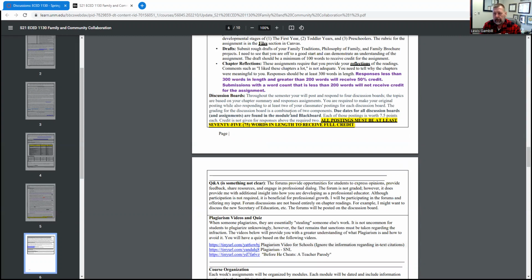Each discussion board item or posting is worth 30 points. But I divide it into two sections when it comes to grading. You get your first 15 points by having the initial posting. It's got to be up by 11:59 p.m. on Wednesdays. That's when you can get up to 15 points for that section.